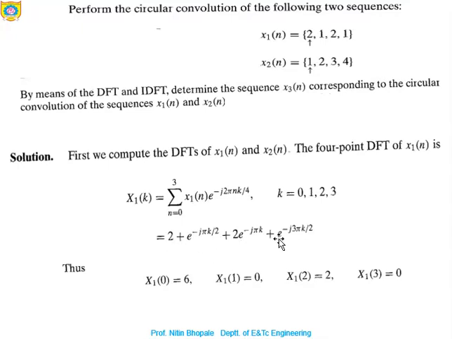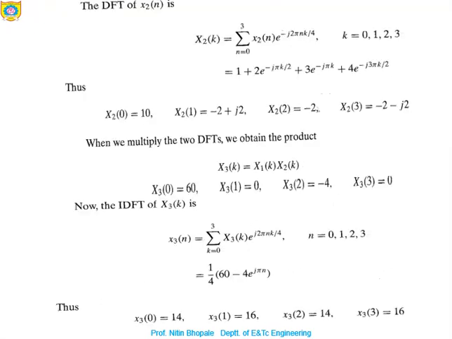Similarly, put k equal to 2 in this equation and we will get x1 of 2. Similarly, when we put k equal to 3, we will get x1 of 3. This is the calculation which we need to do for calculating x1. A similar task is to be done to calculate x2. For x2 of k, again the same formula is there, only it is to be applied for x2 of n. Once it is done, it gives the values like this for x2.